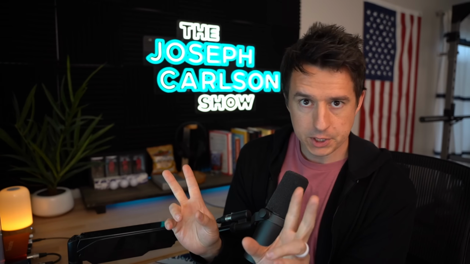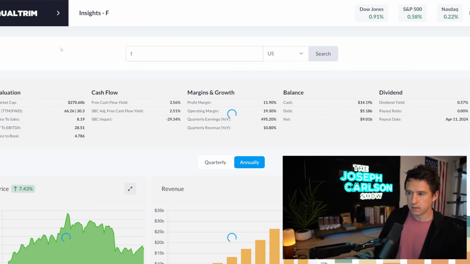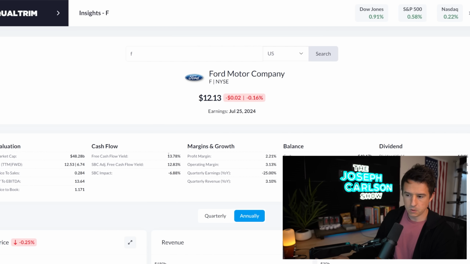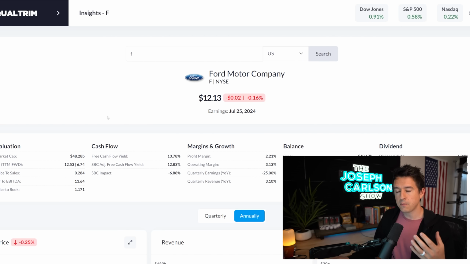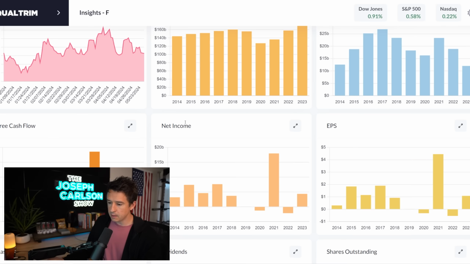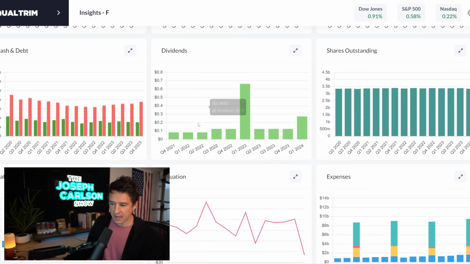If you're buying companies that are just super cheap by the metrics, there's ones that are cheaper by the metrics. You can buy Ford, has a huge free cash flow yield, has a super low PE ratio. You want to be careful and you want to marry this again. You want to look at the story. What is Ford's story? Where's their growth path in the future? What do their fundamentals look like? What does Ford's balance sheet look like?